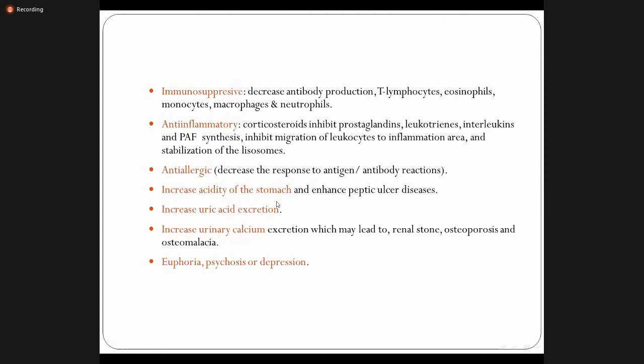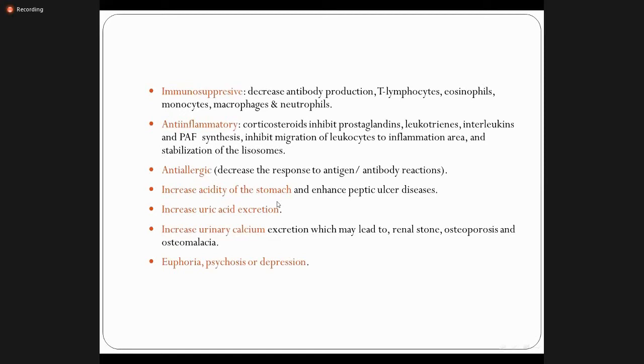So this is one of the side effects of glucocorticoids. You know, one important clinical point that you must remember at this level: if a patient is on glucocorticoids, it's very difficult to control the glucose level if the patient has a history of diabetes. And the second important example is if a patient has a history of ulcer. In that patient, using glucocorticoids is very tricky, and it will further aggravate the ulcer episode, right?